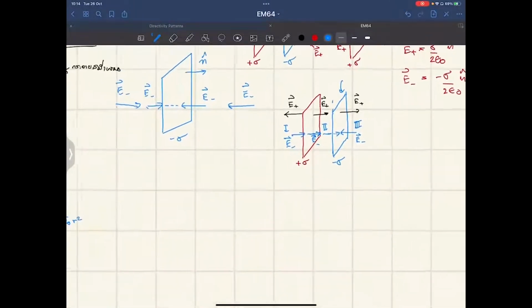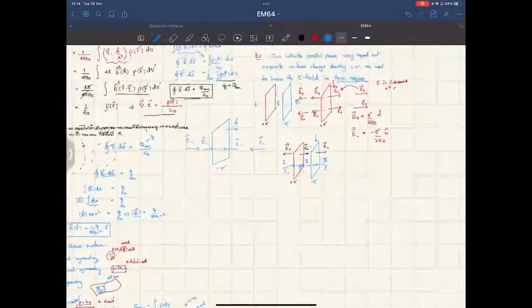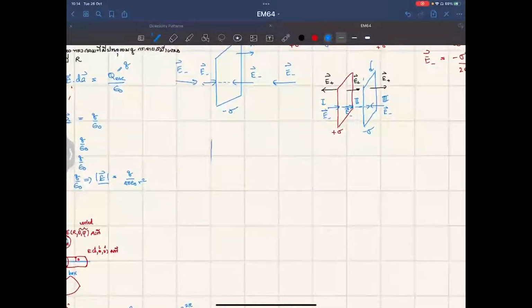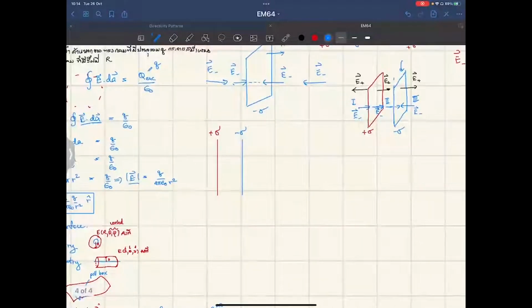Okay. Let me draw a simplified version so you can see it better. Let me draw only a line here. Okay, and another line here. So this thing is positive and this thing is negative. Drawing like this is a little bit easier. So I put like that. It's E plus, right? And this thing is E plus, and E plus also going the other way. And for the negative chart here, it's